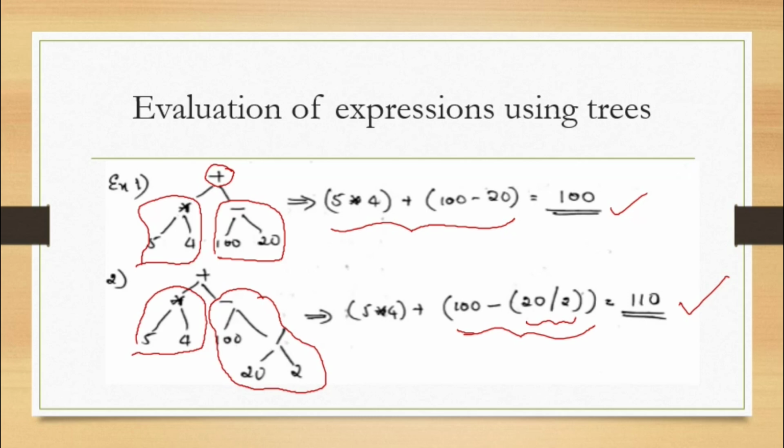Now what about deletion? When no child is there, what to do? When you are deleting an element and that element does not have any child, you simply delete it, and in that place you put null. That's all. And when one child is there, you simply delete the element, and that one child, whoever it is, you replace the deleted element's position with the child. That's all. That is what you do when one child is there.